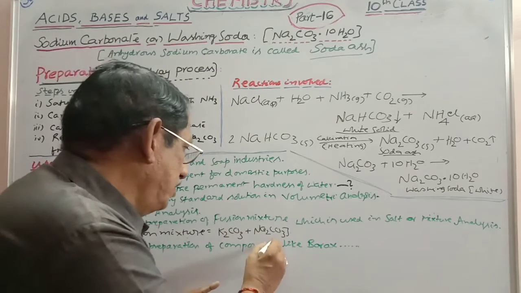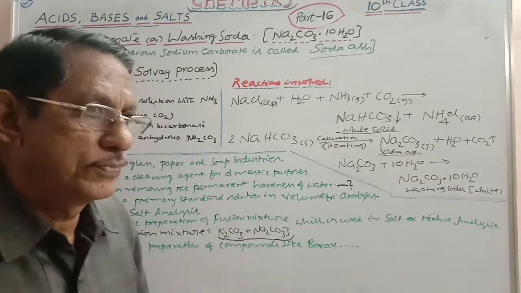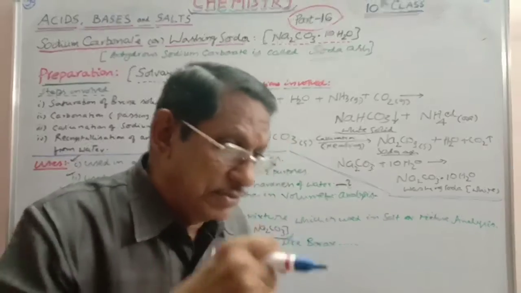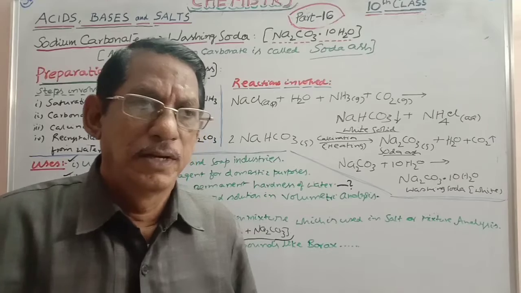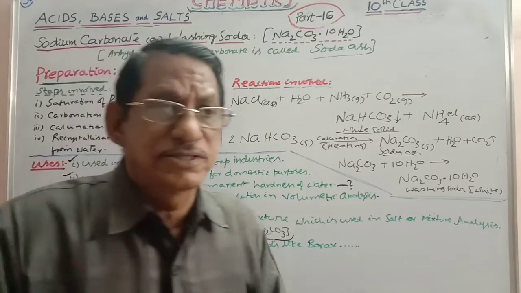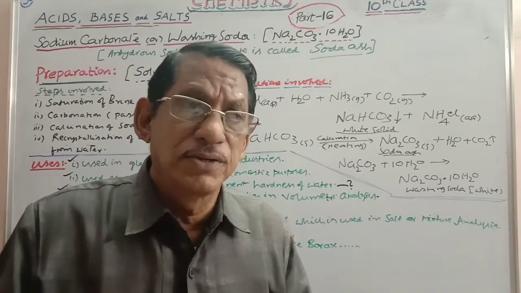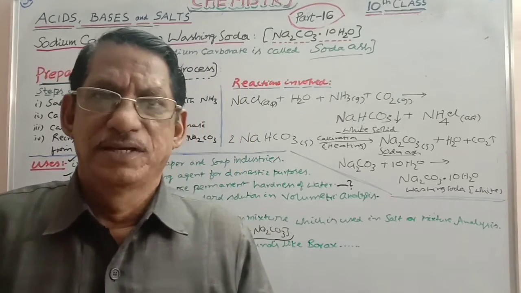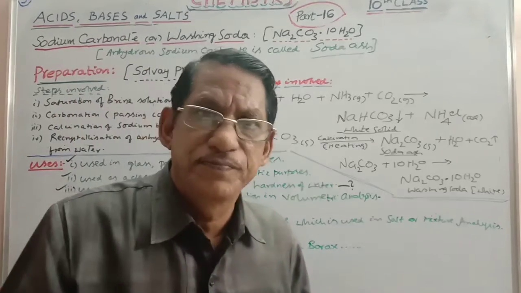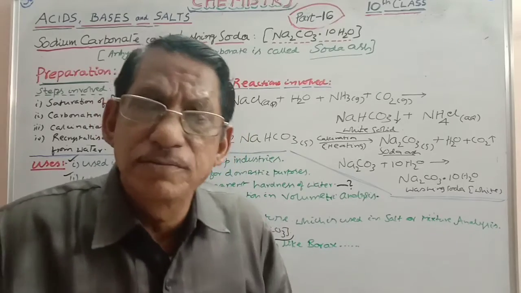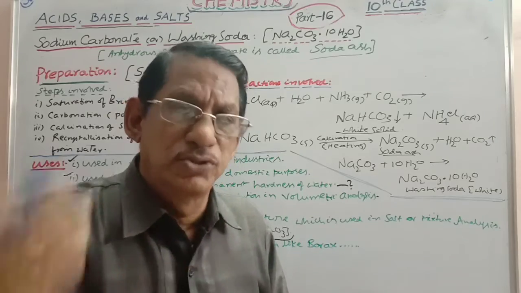Fusion mixture is the combination of sodium and potassium carbonate. Sometimes it so happens that the given mixture is insoluble in any solvent. When the given mixture or salt is insoluble in any solvent, without preparing a clear solution, how can you adopt the cation procedure? If you want to find the presence of any cation, you have to take a clear solution of the mixture. That is not available here because it is insoluble.